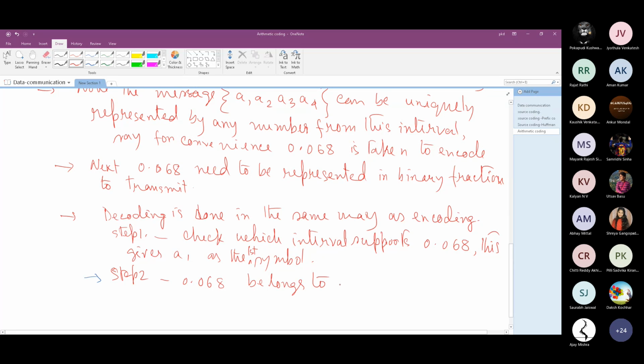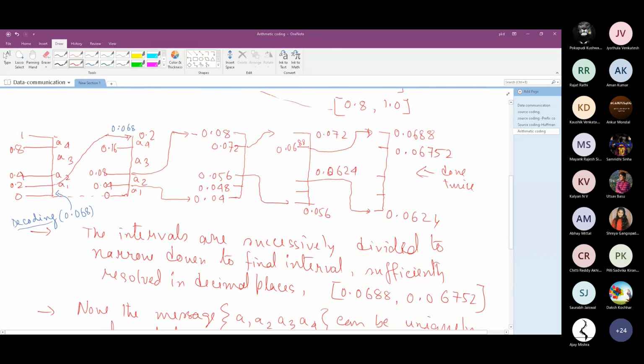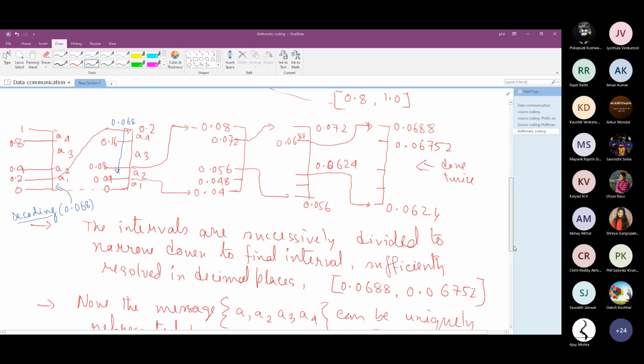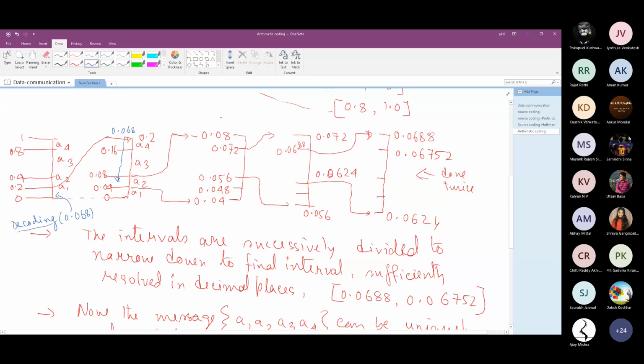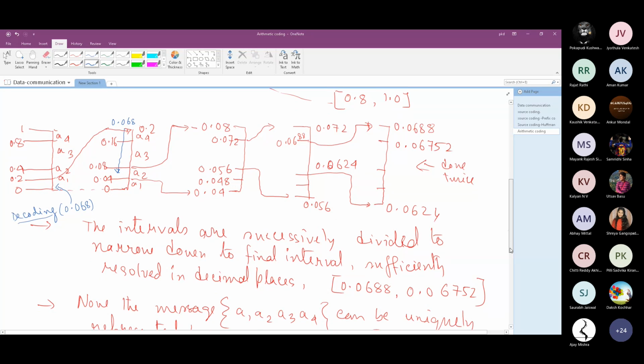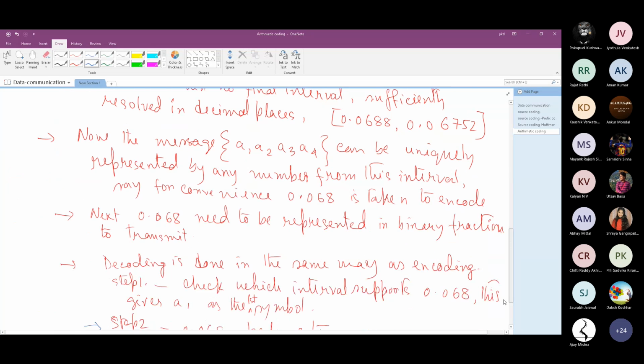It belongs to the interval of A2, between 0.04 and